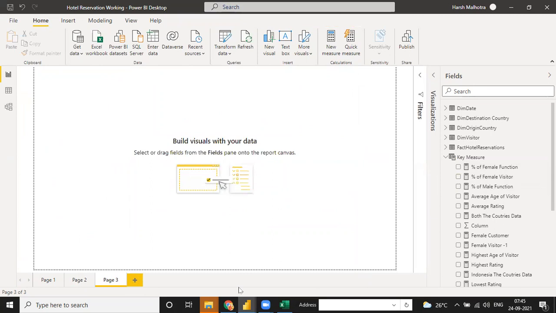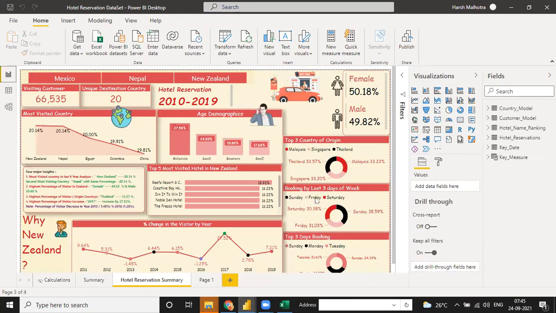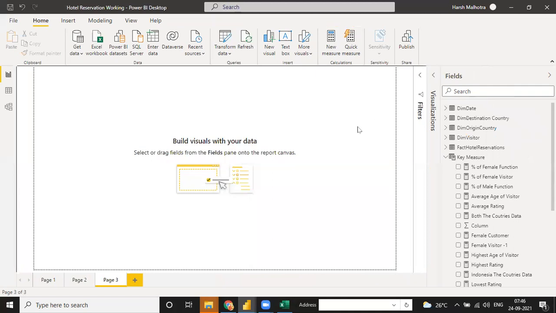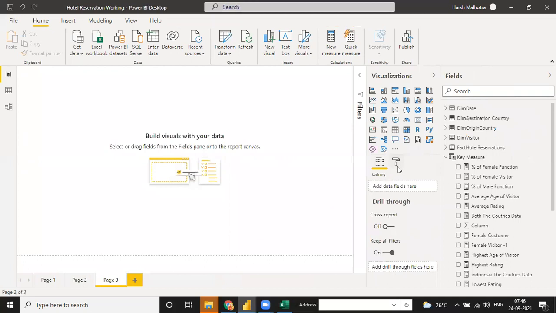So for the dashboard, see, this kind of dashboard I want to create. Just a simple thing. I am using a simple way right now as per our data. So I just click on the page, go to visualization and do the page formatting. Right now I need a page background color.